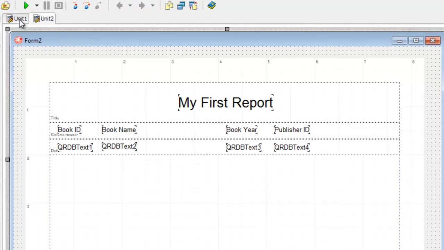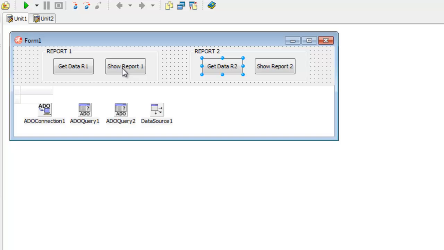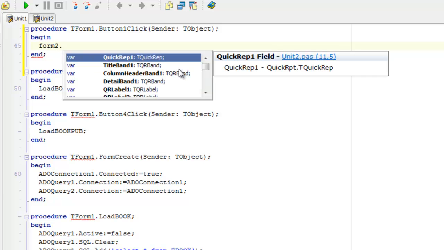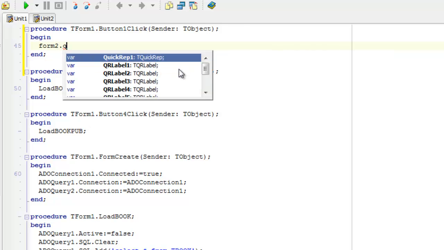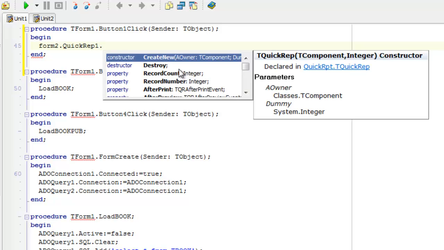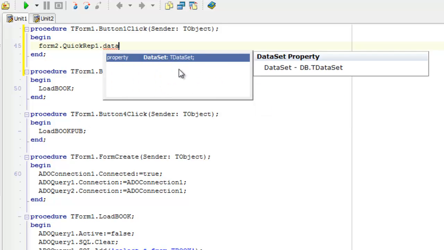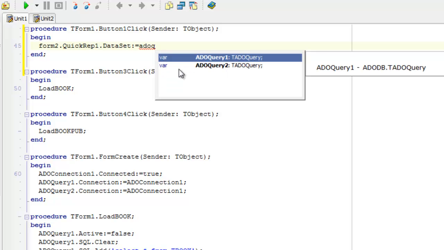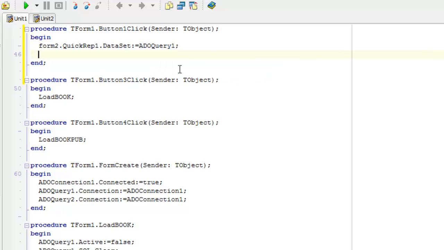Let's go back to the first form and try adding some lines of code. Double click on show report 1, here, go to the tab. I'm going to call the second form, Form2 dot, let's assign QuickRep1 dataset to use ADOQuery1.